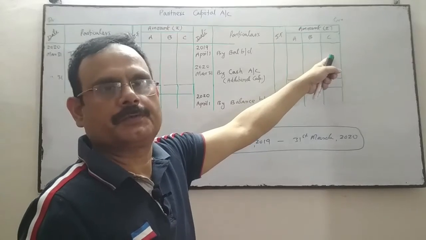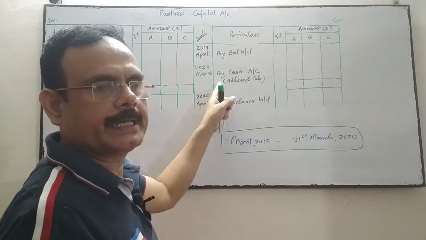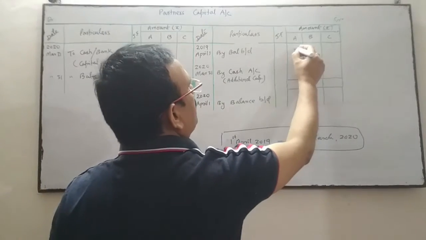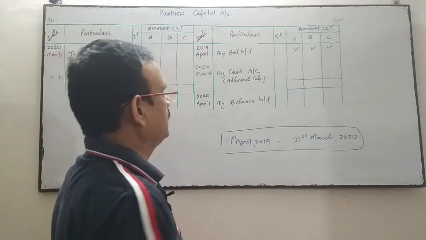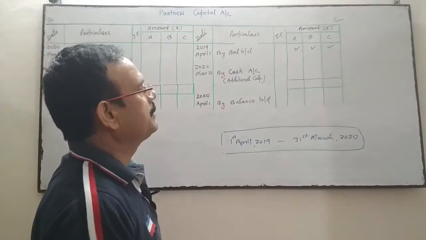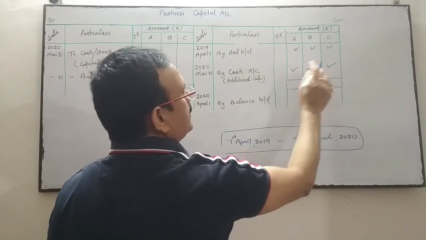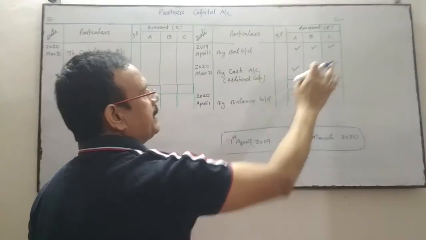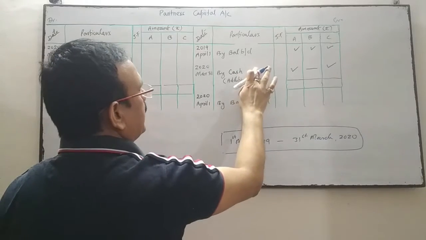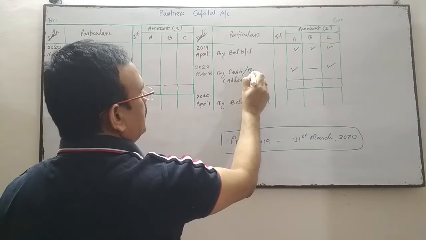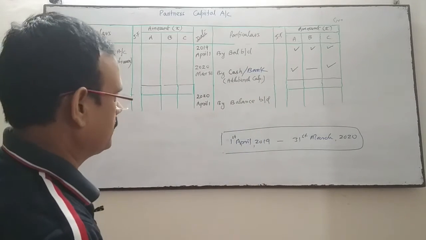So this will be transferred first in the credit side of partners capital account. Then additional capital, if any partner has given, this is for the previous year balance brought down to the current year. For additional capital, suppose A and C have given additional capital, then we'll write in the column of A and in the column of C additional capital by cash account or by bank account. If the amount is given by check, then by bank account. If it is given by cash, then cash account.